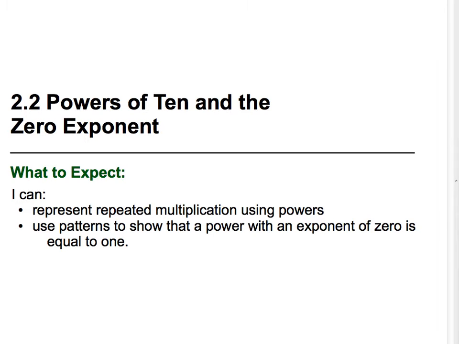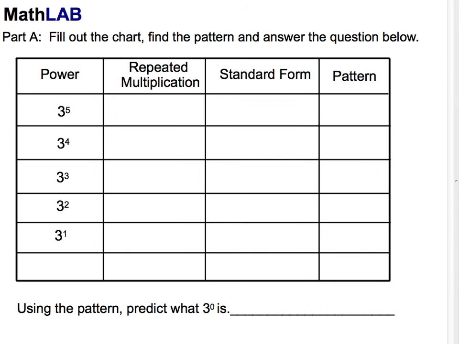On Unit 2, Lesson 2, Powers of 10 and the Zero Exponent, we're going to learn 5 laws of exponents. We know that a power is repeated multiplication, and there are some patterns that come up throughout this, so 5 laws were developed. In this lesson, we're going to learn about the zero exponent and what happens with that. What I had the students do was fill out the chart and find the pattern